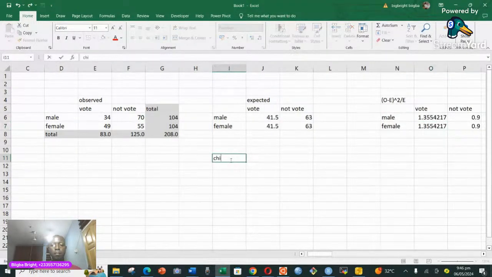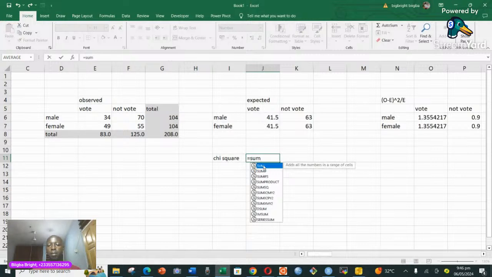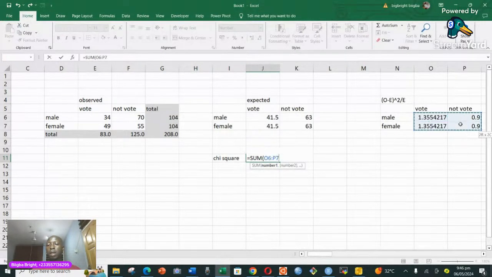So to calculate our chi-square is simply equal to the sum of all the differences that we have calculated here, and then close it,